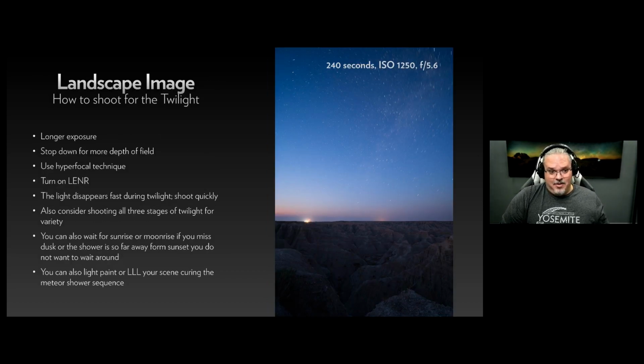Here's an example of a landscape image. This one was from the peak night of the Perseids this year. It was 240 seconds, ISO 1250 and f5.6. I didn't have anything truly close to me in the foreground except for this. And I ended up making it less important. It was brighter than I wanted it to be, but I masked that area and reduced its brightness in Photoshop